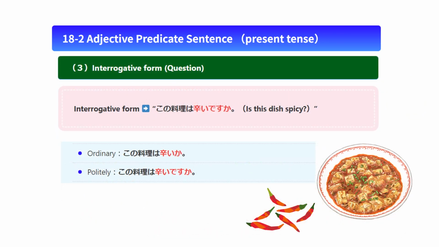Next is how to say questions. There is a photo of the Chinese dish mapo tofu. It seems very spicy. So, let's ask in Japanese, is this dish spicy? The ordinary expression is この料理は辛いか。 The polite expression is この料理は辛いですか？